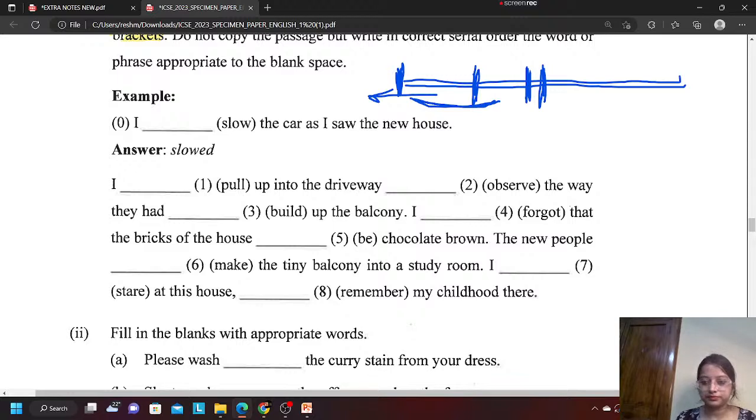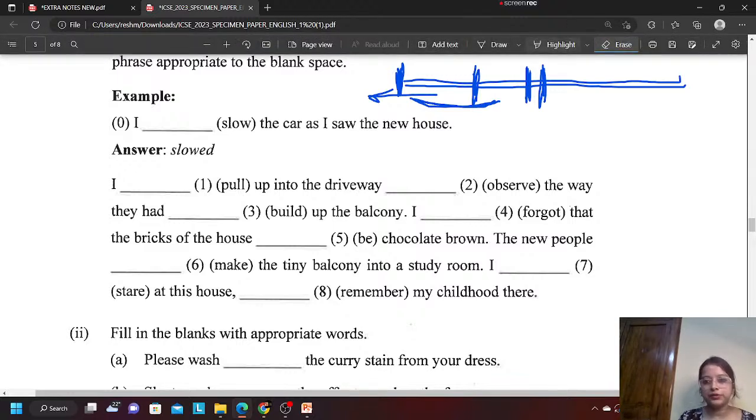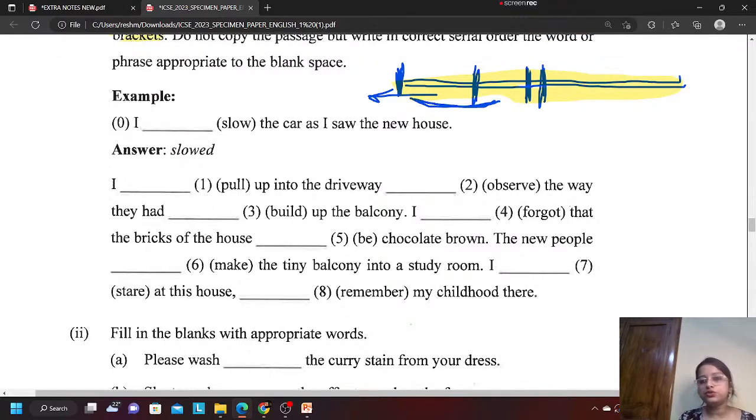Excuse me. This I haven't erased because when you are writing in your exam, always remember this thing that I have made for you. When I did not have this made for me, when I was in school, I used to remember it this way. A little past, more past, immediate past, I used to remember it like this in a timeline.